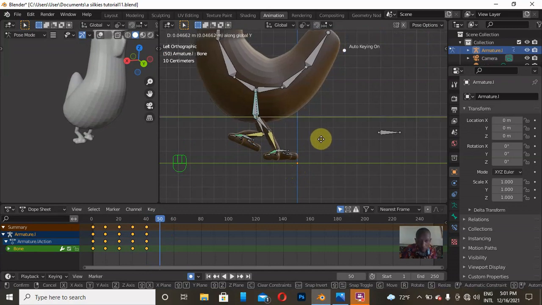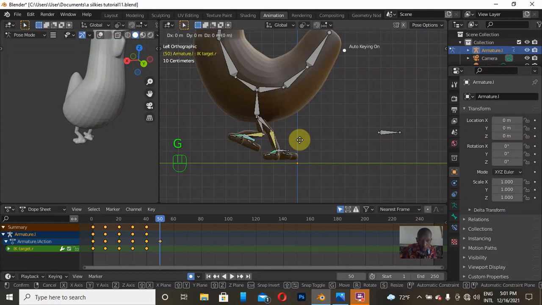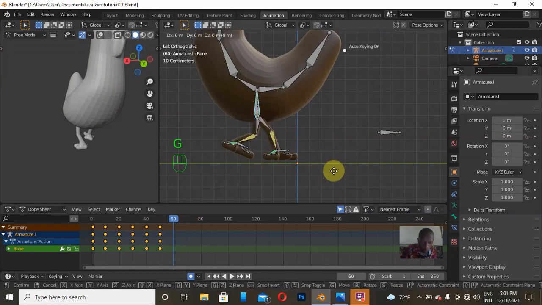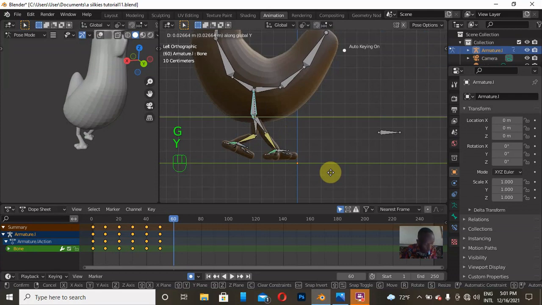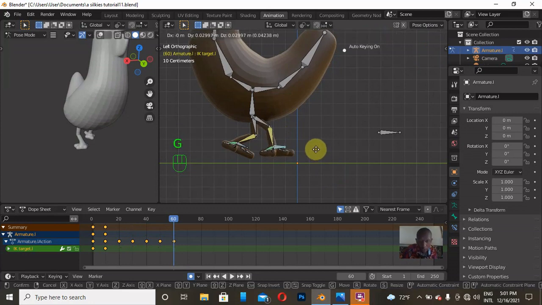We are in the 7th, not so much, somewhere there. And this one will now be trying to step on the ground. So I'll click on G and move it to something like that. Yeah, something like that. And this one is just constant. So let's go to keyframe number 60 there, and the root bone moves ahead to somewhere there. And this one now starts moving to the top, just behaving like the previous